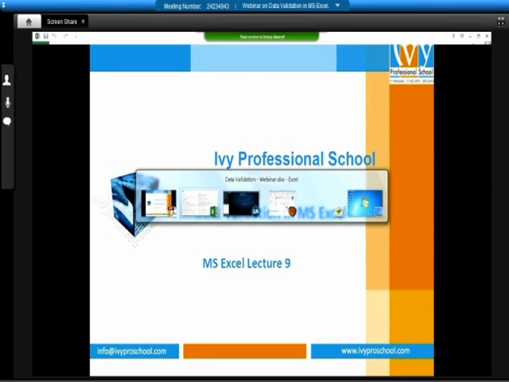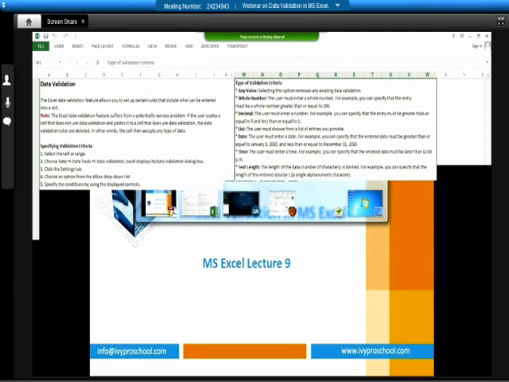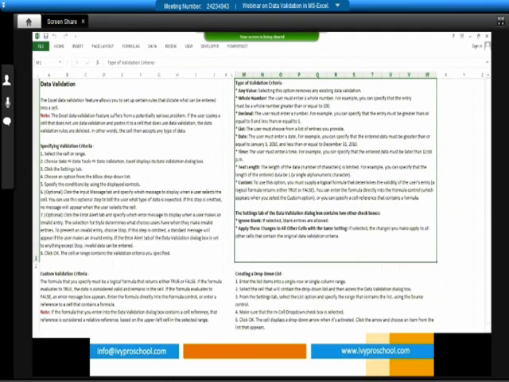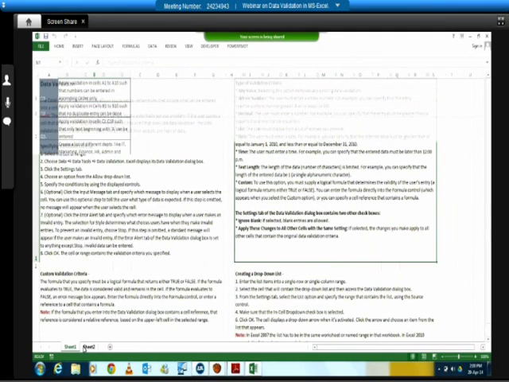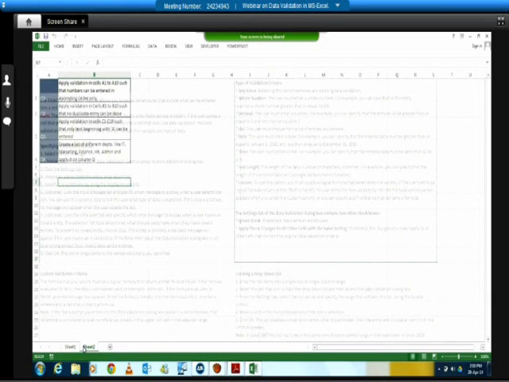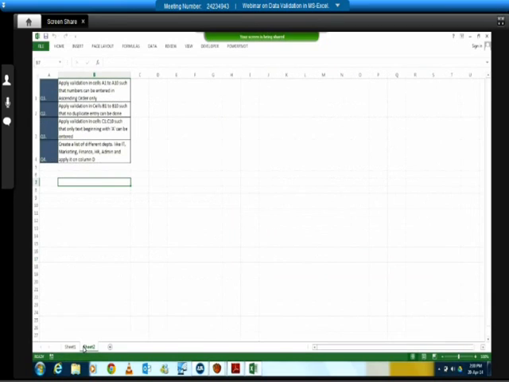So the first thing that we have to understand is, what do you mean by data validation? Data validation is a tool that we use when we are entering the data. And while we're entering the data, the thing that we would want to protect is that no invalid data gets entered in our sheet. Now, invalid data may be defined in various ways. With different situations, it may be a different thing.